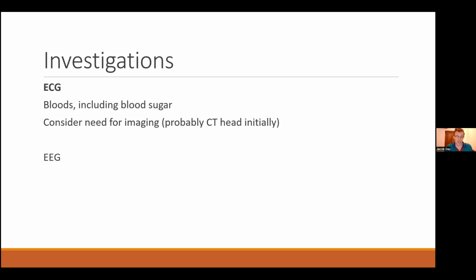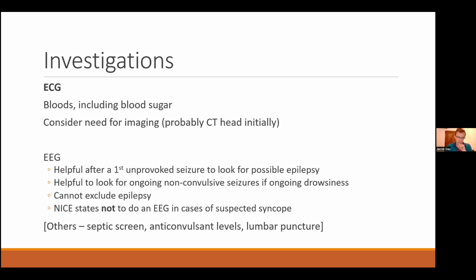Just a little bit about EEG. So EEGs are really helpful if someone's had one unprovoked seizure, and then we typically don't say that's epilepsy. You need 2 unprovoked seizures to have a diagnosis of epilepsy, or 1 unprovoked seizure and something that suggests you're at higher risk of having more, such as an abnormal EEG or an abnormal brain scan. Okay, so if someone has 1 seizure and an abnormal EEG, we typically start them on anti-epileptic medicines, or at least offer that to them. So it's helpful in that situation.